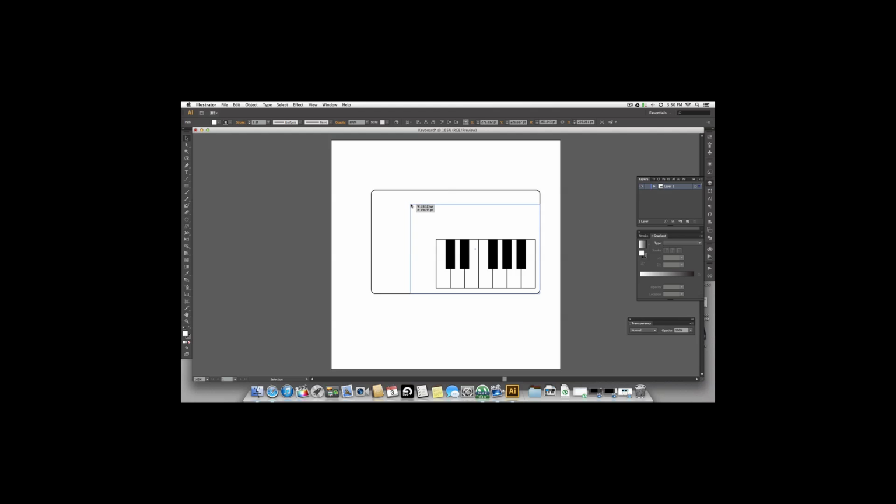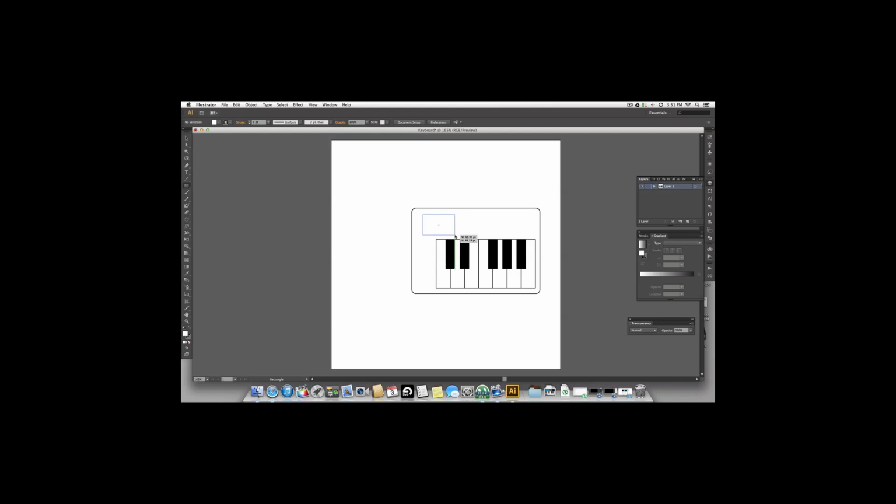I think that should be fine, somewhere around that much. Now we need to make all the controllers and stuff, so there's going to be an LCD panel right here. Then we're going to make a small trigger pad, which is the kind of thing that you hit with your fingers. And there are going to be two rotary wheels, the mod wheel and the other wheel, whatever it's called. And so for the LCD, first I'm just going to go with a rectangle tool, and